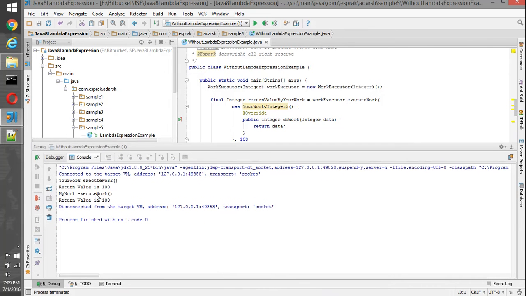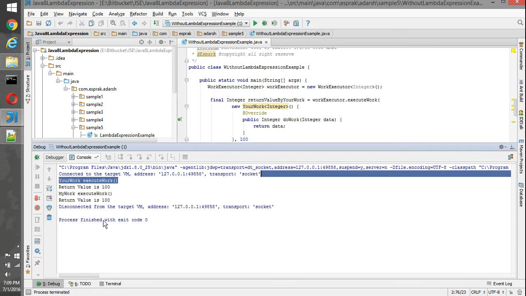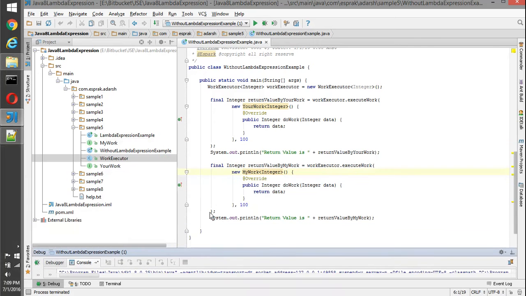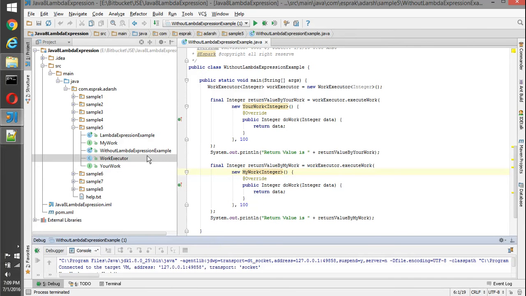You can see the your work execute work method executes and the return value is 100. The my work execute work method is executing for my work and the return value is 100. So this is the use case when we don't have a lambda expression.